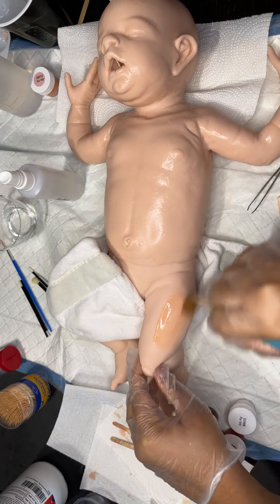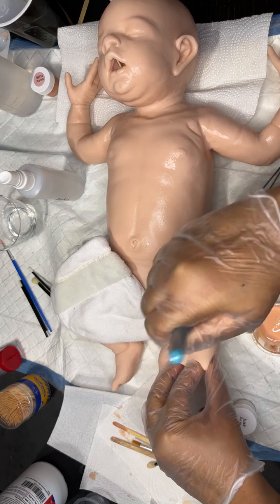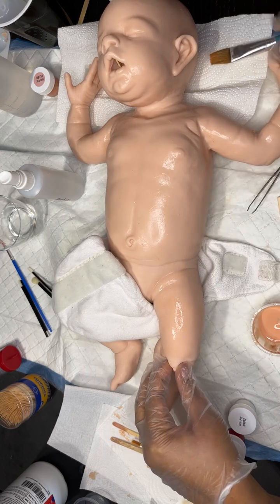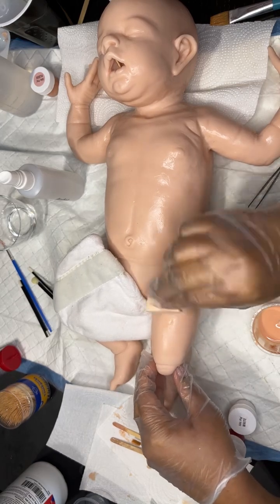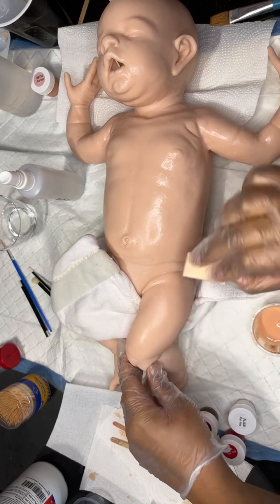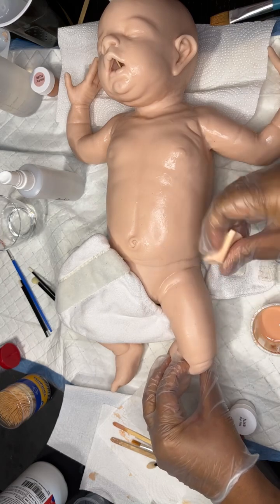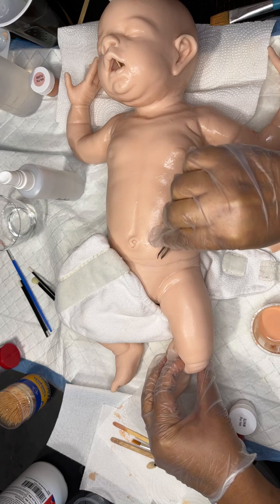I love how this silicone paint matches so well. I mean, it did make her a little more pinker than she was before. She was a little bit more pale before, but she can't stay that pale and still look like a lifelike baby. So, all right. And the goal is to,